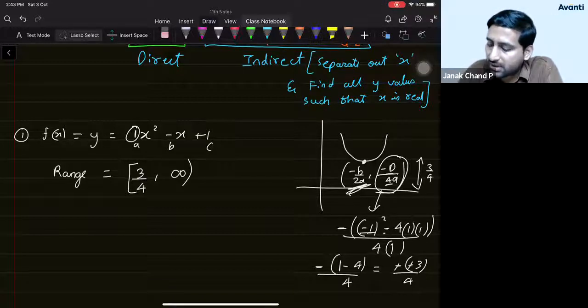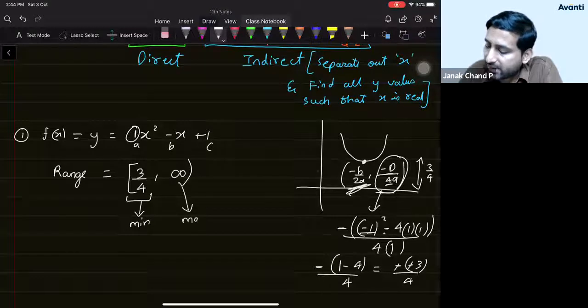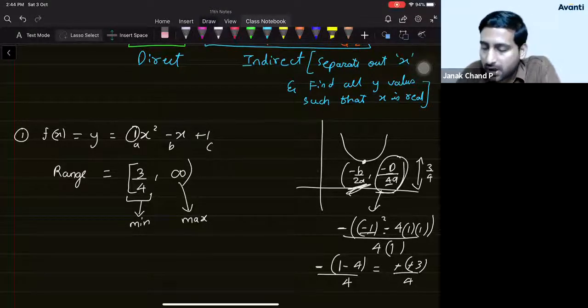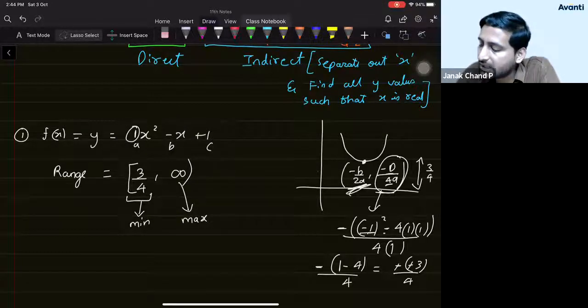Whatever I have written here, student, this is the collection of all the values on the y-axis such that the perpendicular from that cuts the graph, and such a collection of y values itself is called range. Not only that, from this range I can say that this is the minimum value of this quadratic expression and this is the maximum value. I hope that everyone understood how to find the minimum and maximum value of any quadratic expression. We have already learned the formula to find the height corresponding to the vertex. The other value will be either infinity or minus infinity if it is like this.